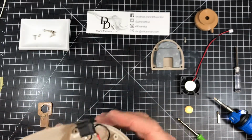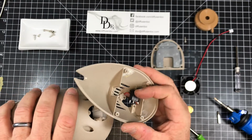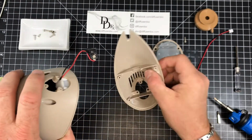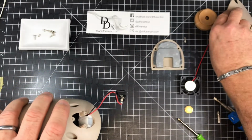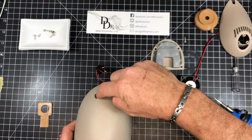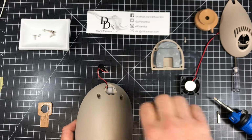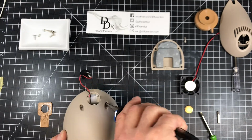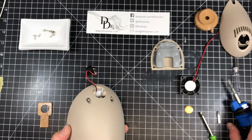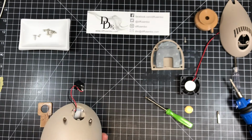Okay, once those have been removed, this bottom piece slides off, and you could either fiddle this power cord through here like that, or you could just leave it connected. Either way. Now, next we want to remove these 2 screws. Also a larger headed screwdriver to remove them. I'm going to zip through that with the electric just to save time. Okay. Now, once those are out,